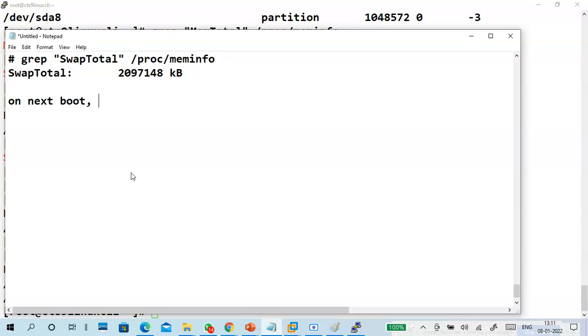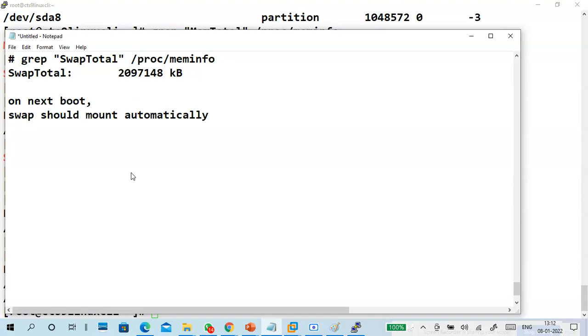on next boot, the new swap is not mounted automatically, right? Swap should mount automatically.